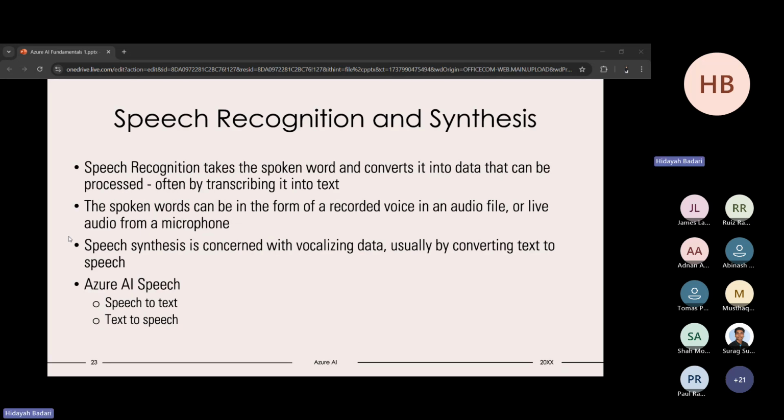And then the next one is speech recognition and synthesis. Just now I mentioned that nowadays we have a lot of applications that use speech to text, text to speech, speech to speech, text to text. So speech recognition takes the spoken word and converts it into data that can be processed, often by transcribing